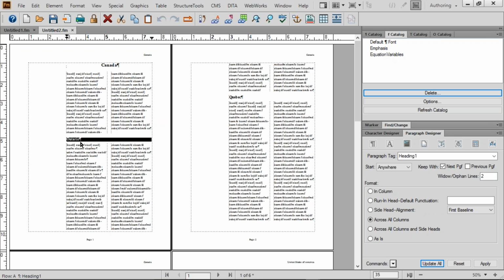In Ontario, I'm going to set that up so that it's actually in the side head. And the same with Quebec. So that'll change things around a little bit. Let's work with Canada first. All right, here we go. I'm going to set it up so that it's across all the columns, which it already was, and the side head. And because it's centered, when I update all, it's now truly centered from left to right